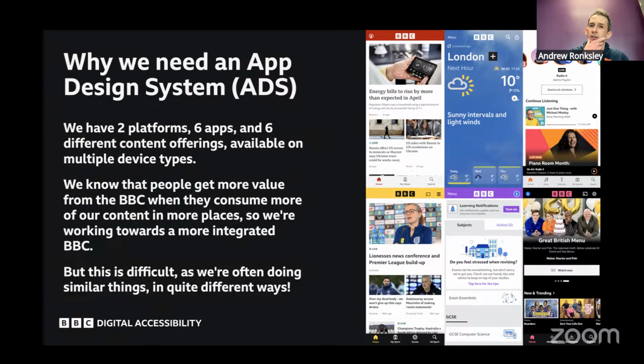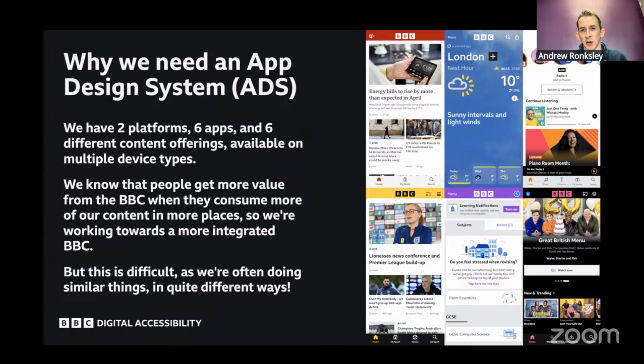If you have a look, you'll notice the headers are very different, for example. Sometimes the account button is on the left, sometimes it's on the right. Some of the apps say menu in text, some of them use a hamburger icon. Some of them have bottom navigation, some don't, like weather at the time; weather now does. But all of the apps were just very different, with no real consistency, which doesn't help users in general,